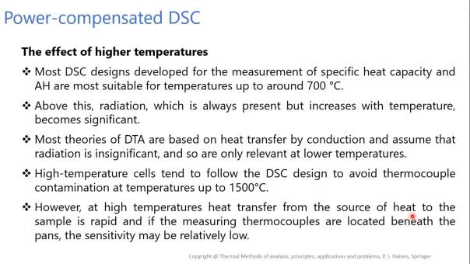Above this temperature, radiation, which is always present but increases with temperature, becomes significant. So most theories of DTA are based on heat transfer by conduction and assume that radiation is insignificant, and so are only relevant at lower temperatures. High temperature cells tend to follow the DSC design to avoid thermocouple contamination at temperatures up to 1500 degrees